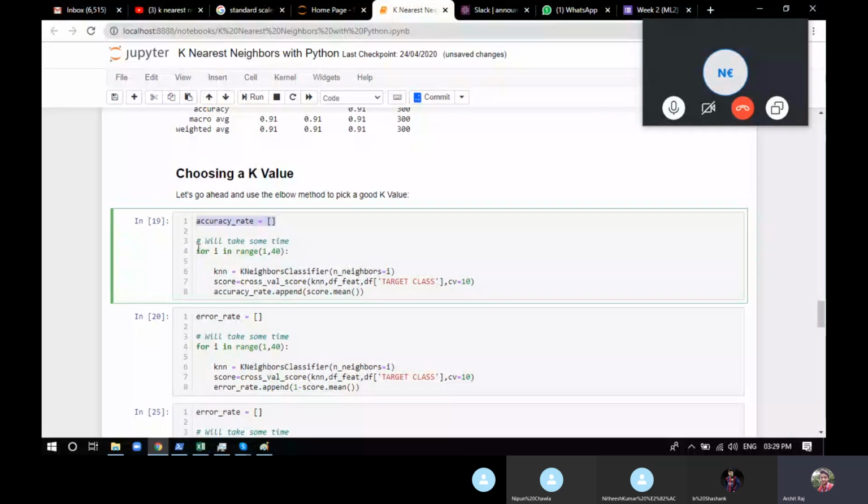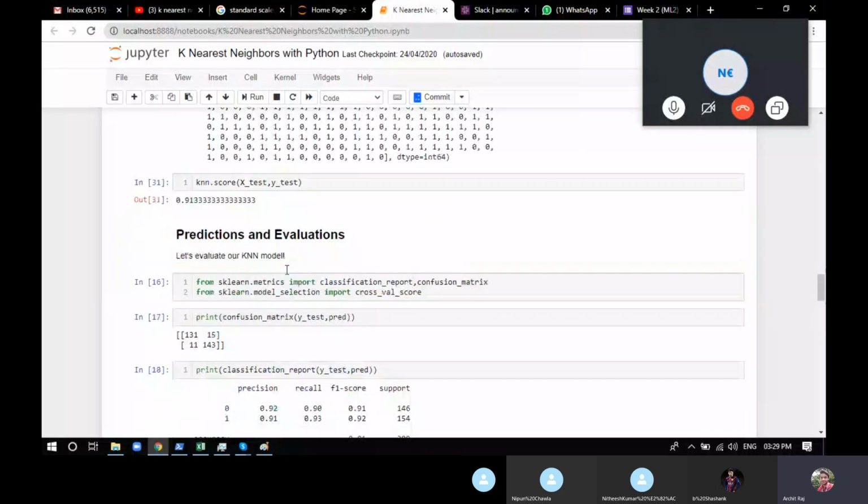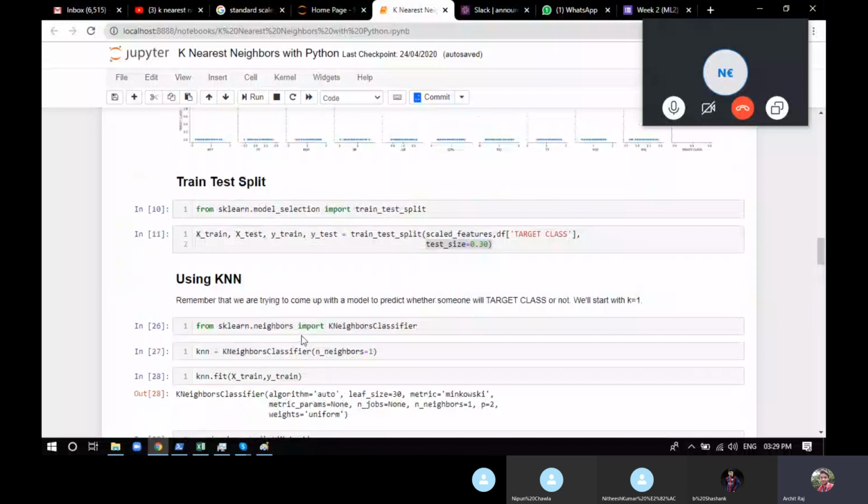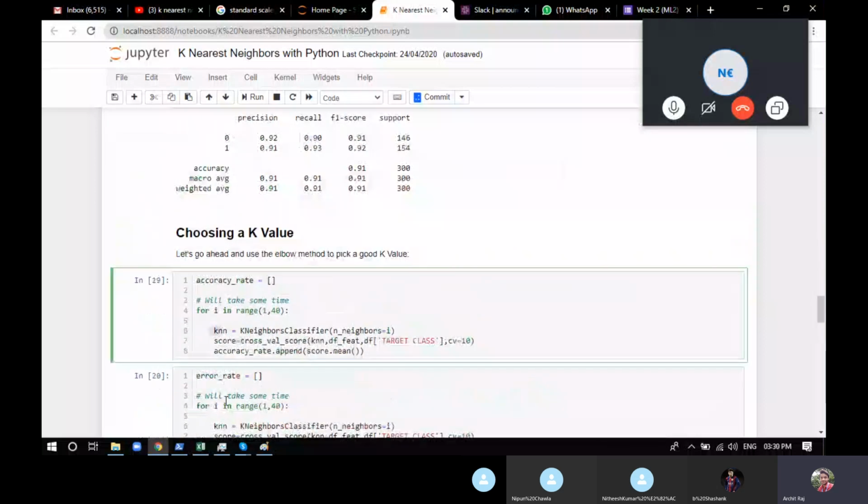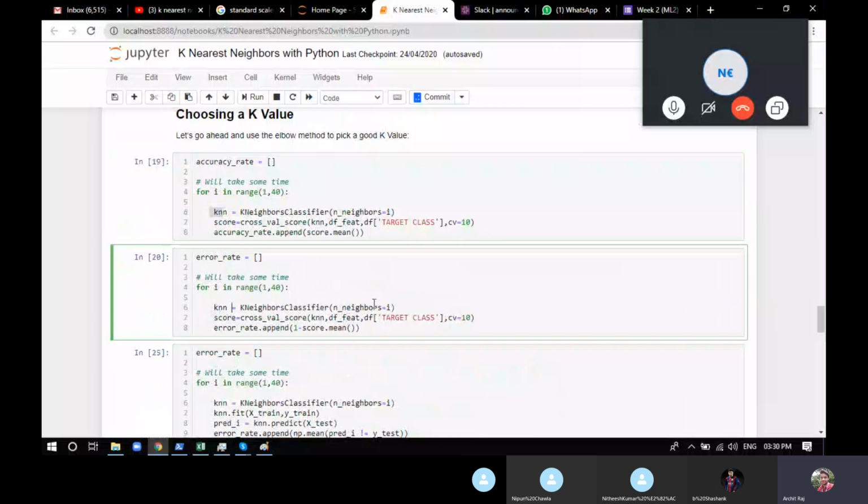Now we'll take the value of k from 1 till 40. We're going to train our model 40 times by providing the value of neighbors as i. The first iteration, the k-nearest classifier will have neighbors as 1, the second iteration will have 2, third, 3. It's the same thing we did here to train the model, but this time it's in a loop, so it will run 40 times. So knn is equal to KNeighborsClassifier with neighbors as i, going first, second, third, fourth, till 39.